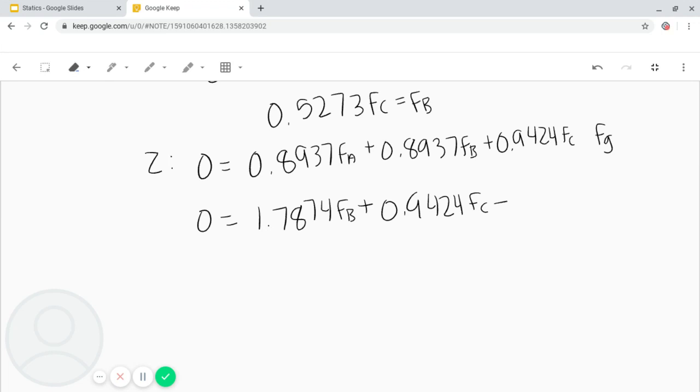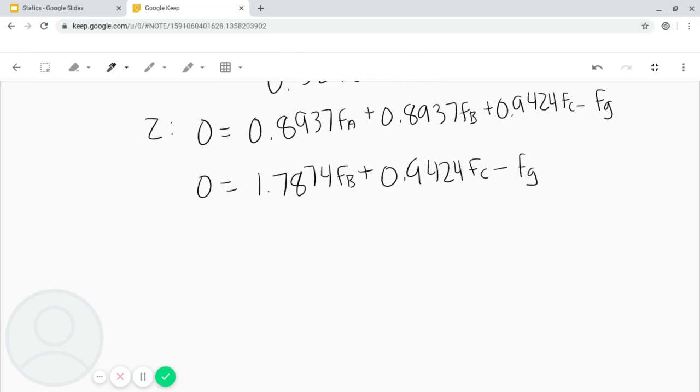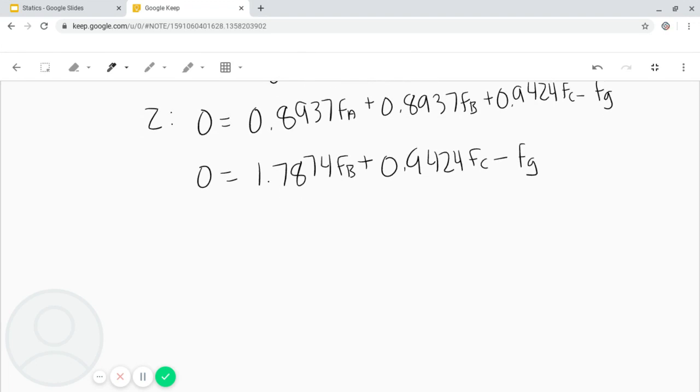Sorry, that should be minus, of course, because gravity's down, so Fg. And then from our relation that we found between Fc and Fb, we can do this. So replace Fb with that relationship from the y component, which we found was 0.5273 Fc